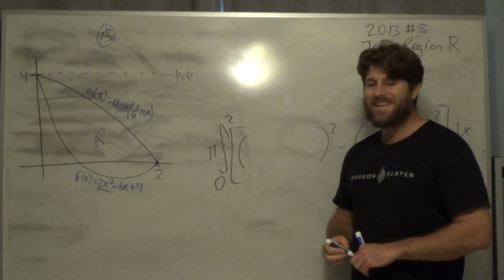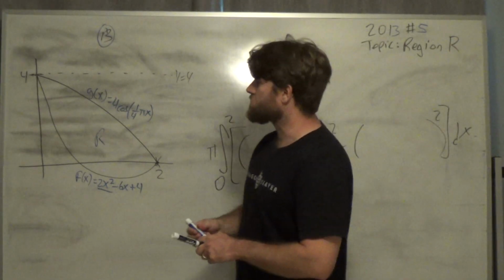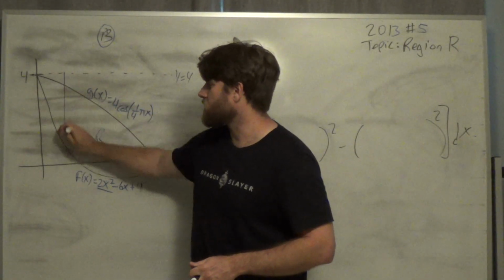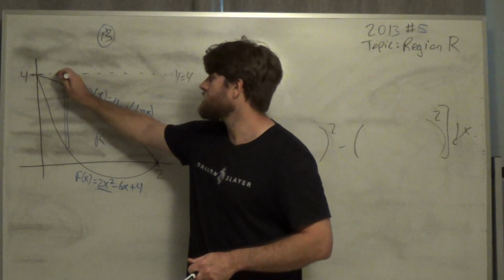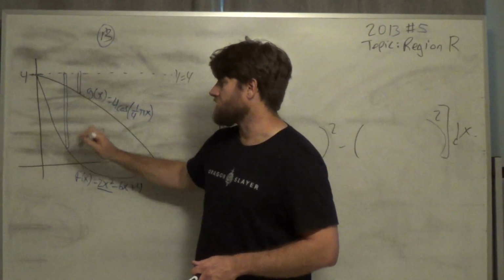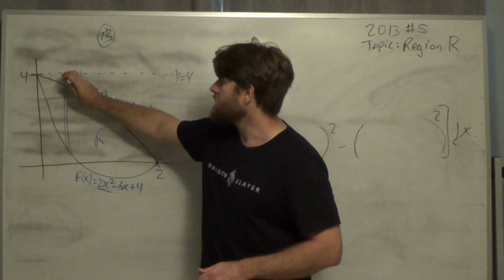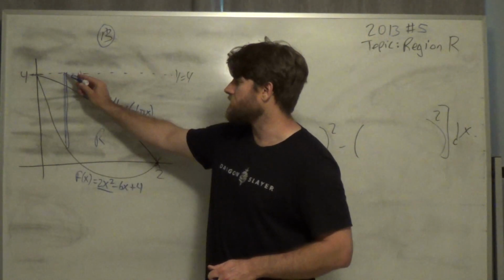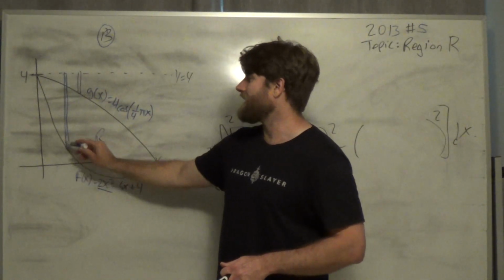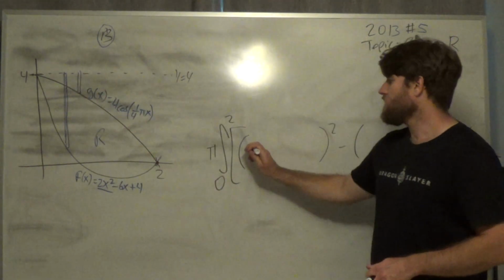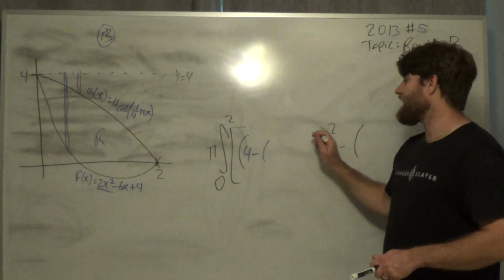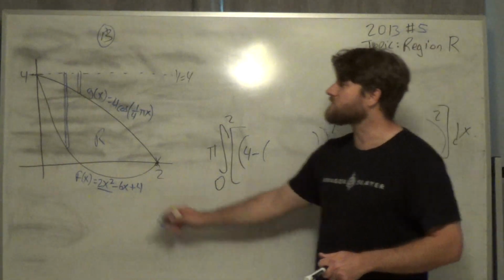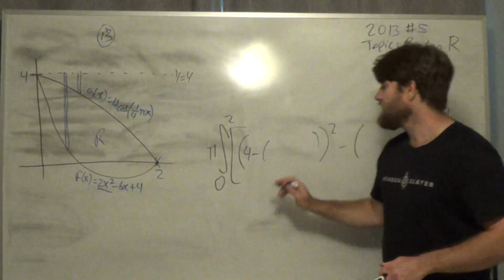All right, so we need the outer and the inner radius. So let's just go ahead and draw the outer radius. The further one away is the outer radius, and the closer one is the inner. So let's talk about the outer radius. The outer radius, this distance right here, this is my outer radius. We would say it's top equation minus bottom. So it's top equation 4 minus, and that bottom equation better be in parentheses, so it's 4 minus this other